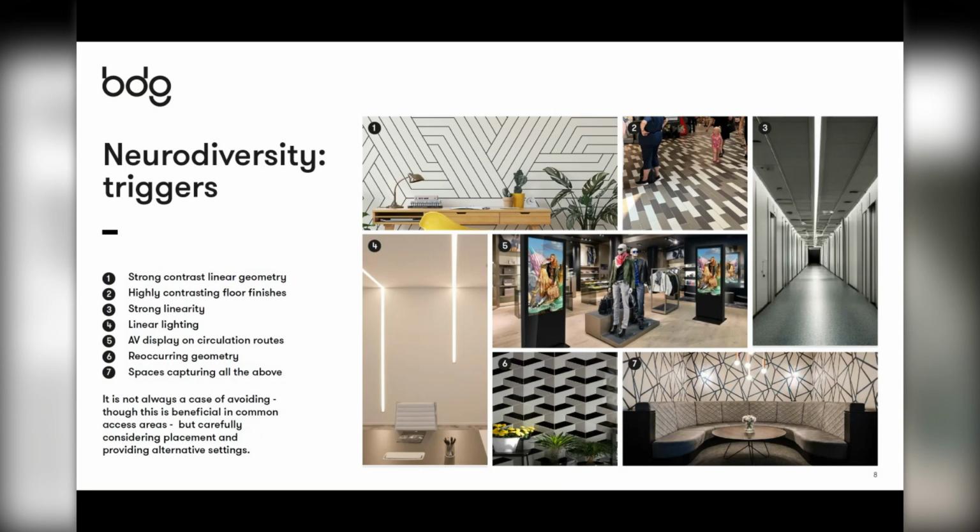Item 2 I'll come on to because it isn't a specific location, which is quite interesting. But it's strong geometric design, strong contrast that you'll see there. Image 3 there, the long corridor. I mean, that's long been a trope of psychological horror films. So it's not just people that may align to a neurodivergent condition. It can be everybody that finds